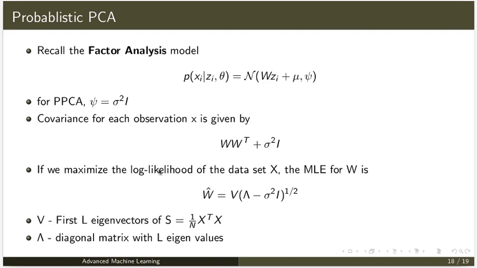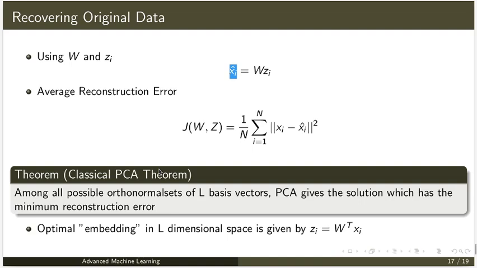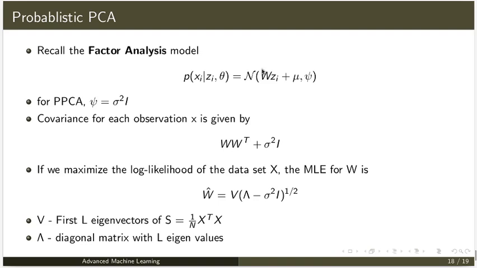So probabilistic PCA is something very similar. As you know from our previous discussion, what PCA does is you have this W and z_i, and from that you can get x_i. x_i is equal to W z_i.